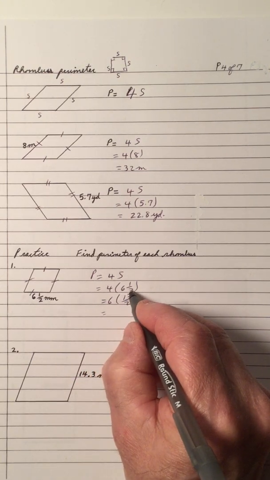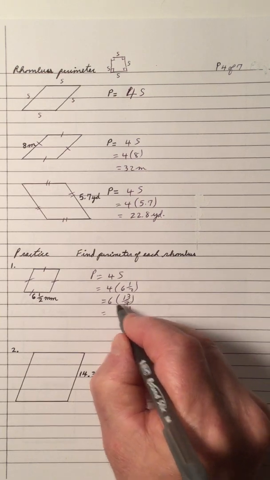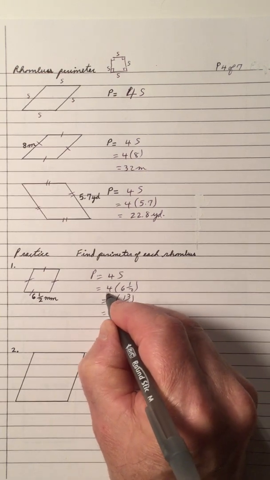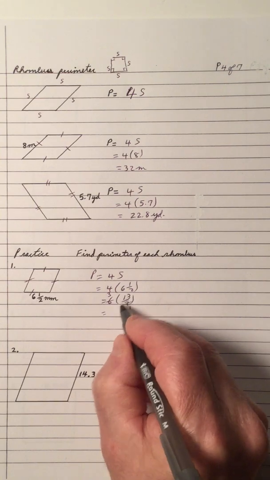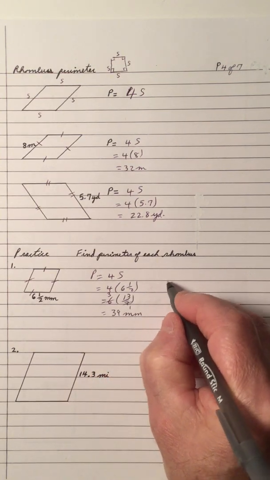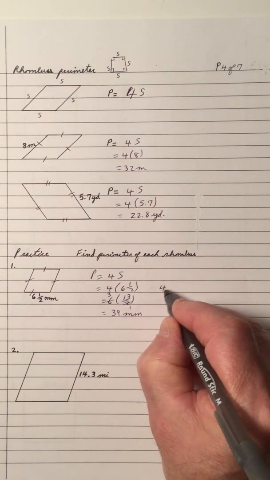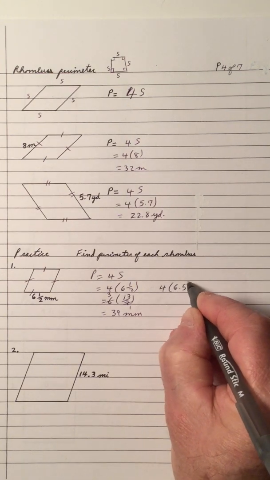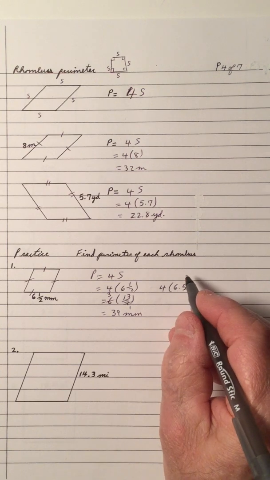2 times 6 is 12 plus 1 is 13. 2 into 4 goes 2. And 2 times 13 is 26. So the perimeter, if you wanted to, you could have made it 6.5 and multiplied, and you would have got